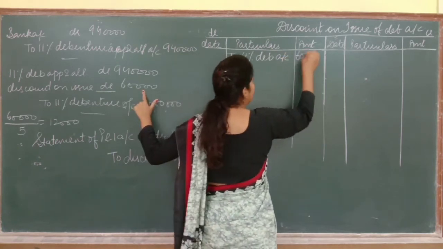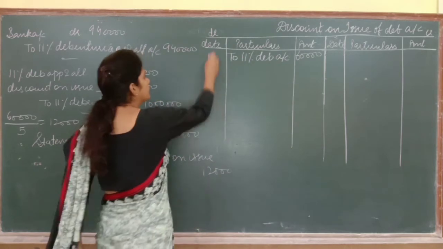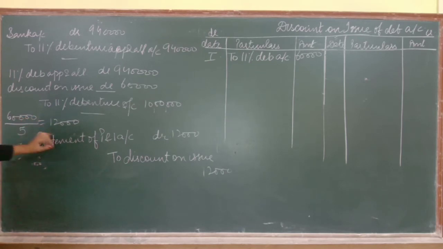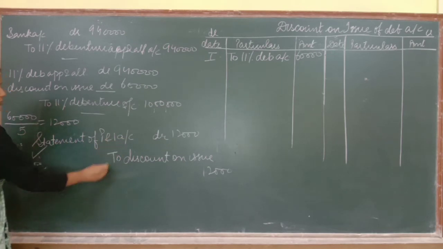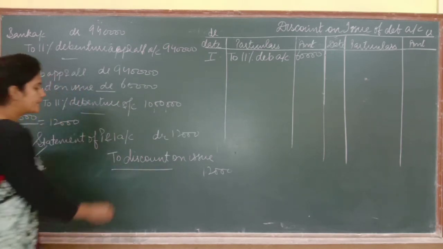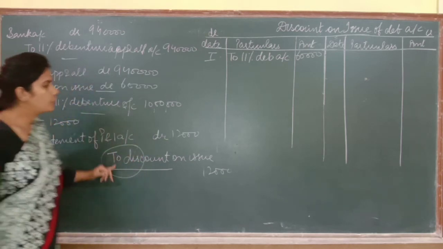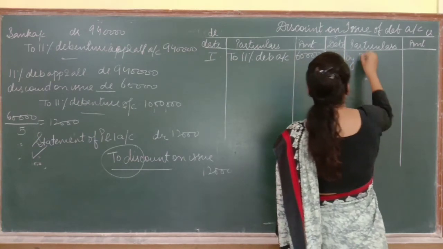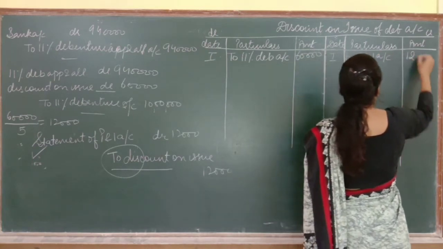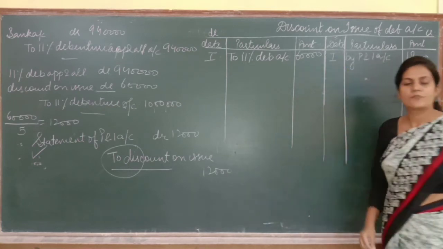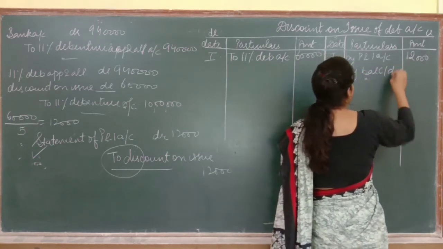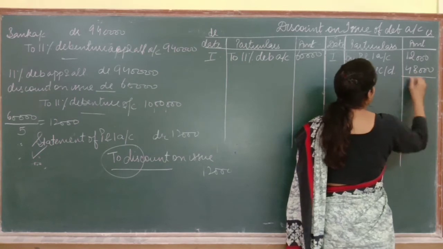Amount is 60,000. This is the first year only because the dates are not given, so I have just taken it as the first year. Every year how much do I have to write off? I have to write off 12,000 every year. Entry is statement of P&L account debited to discount on issue. So now in this entry this account is credited. So we are going to post the entry on the credit side and we will be writing it as by statement of profit and loss account 12,000. So now after posting, what we have to do? Balancing. So to the balancing now it will be by balance carried down. It is 48,000.